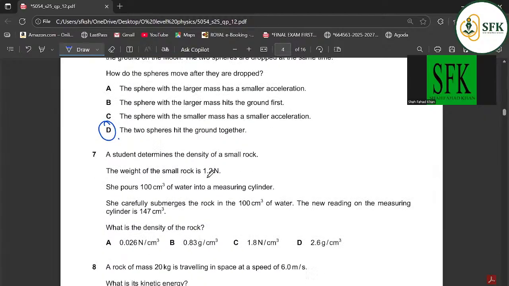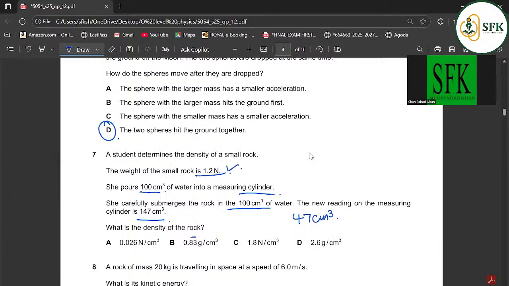7. The student determines the density of a small rock. The weight of the rock is 1.2 newtons, and she pours 100 cm cube of water into a cylinder. Now she carefully submerges the rock in the 100 cm cube, and the new reading is 147 cm cube. So for this, you need to find out the volume of the rock first. 100 and 147, you need to subtract them. It's going to be 47 cm cube, the volume of the rock, and then you already have